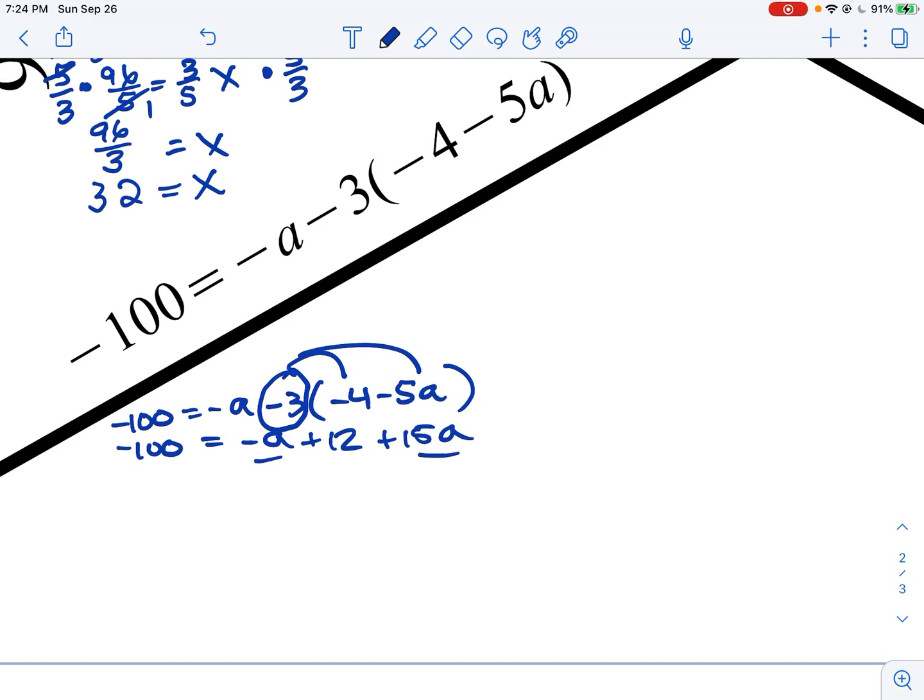I have 15 a's and I take away an a. That means that I have 14 a's left plus 12. Remember, that's negative. I subtract 12 from both sides. That'll get me negative 112 equals 14a. I divide by 14 on both sides. Comes out to negative. Well,